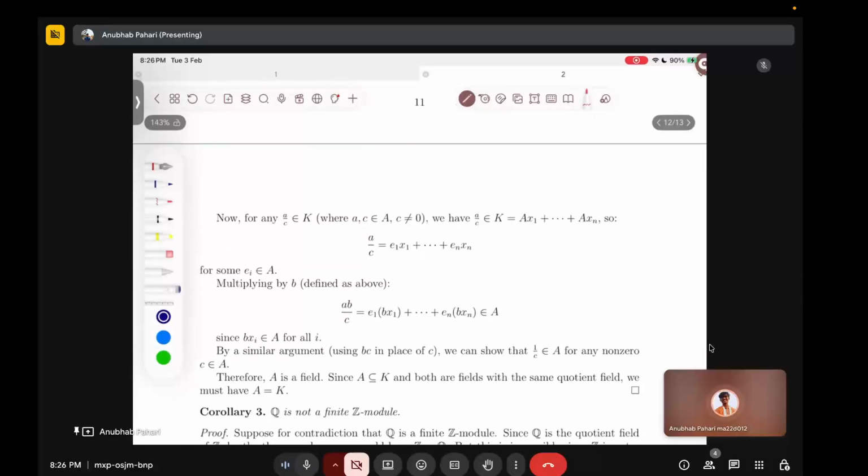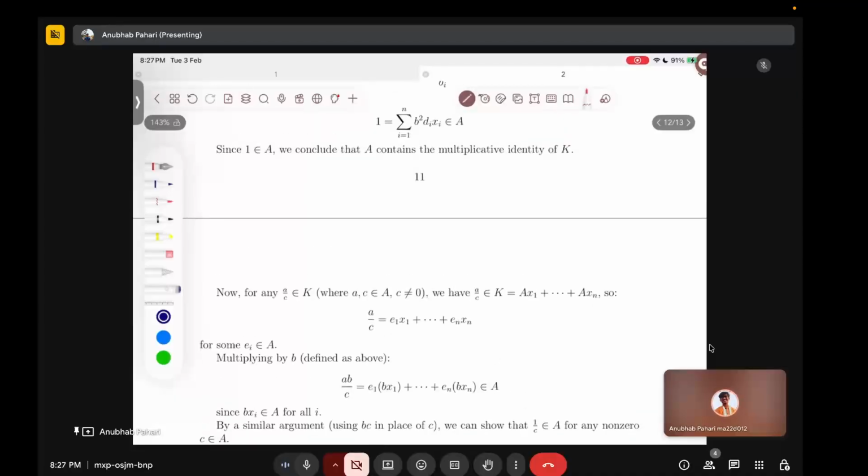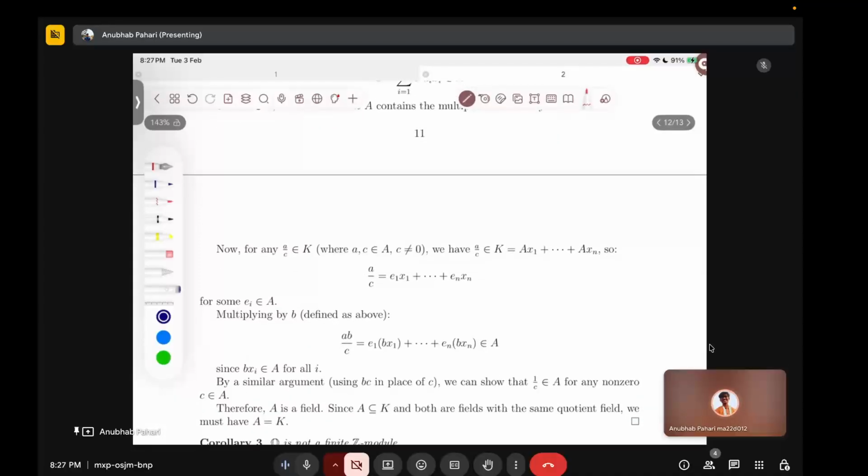Now since 1 belongs to A, we conclude that A contains the multiplicative identity of K. At least we have seen that it contains the multiplicative identity. Now we will see that it contains every element of K. Now for any a by c of K,